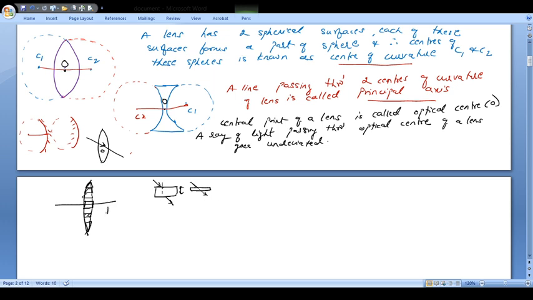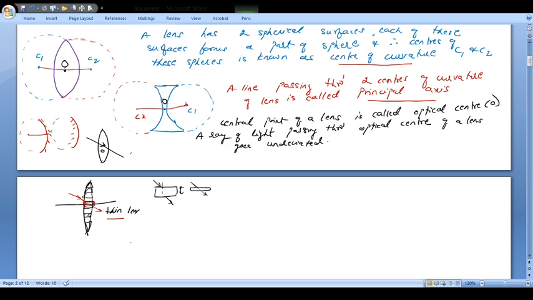If you have a thin lens, then the central part through which the ray of light will be passing will be so thin that the ray will appear to pass undeviated and go straight like this. So this is one of the assumptions. I hope this is clear that a ray of light passing through the optical center of the lens goes undeviated. This is only true for a thin lens. So this is something extra which I have told you. I hope this is clear to you.